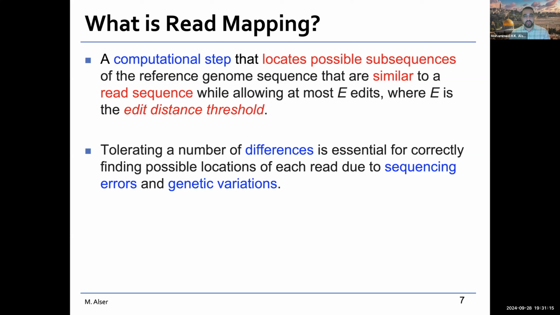So why we are allowing for those e-edits? The E is edit distance threshold here. And it's very important to allow for those differences, because when we compare our own pieces coming from the sample that we sequenced to a reference genome, this reference genome belongs to someone else, right? So in order to maintain correctness